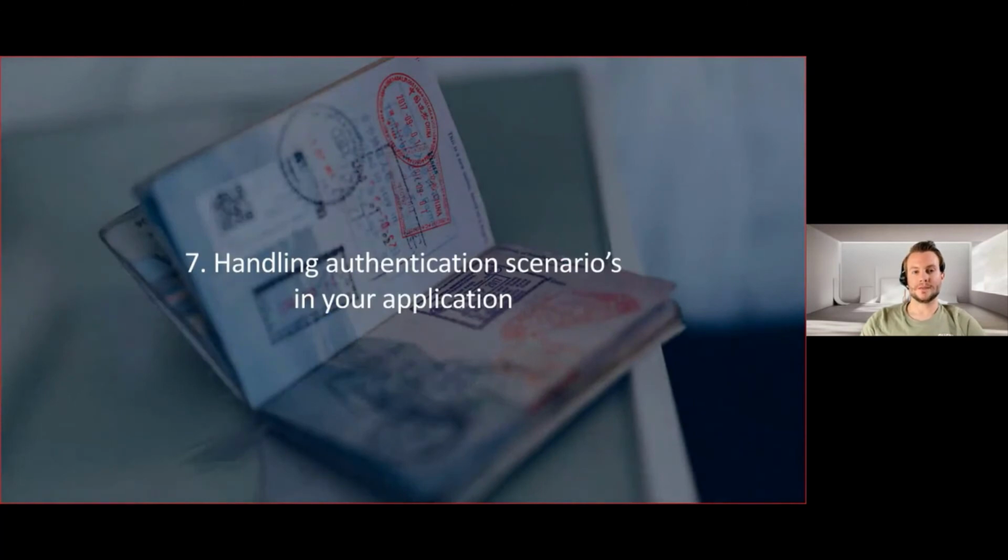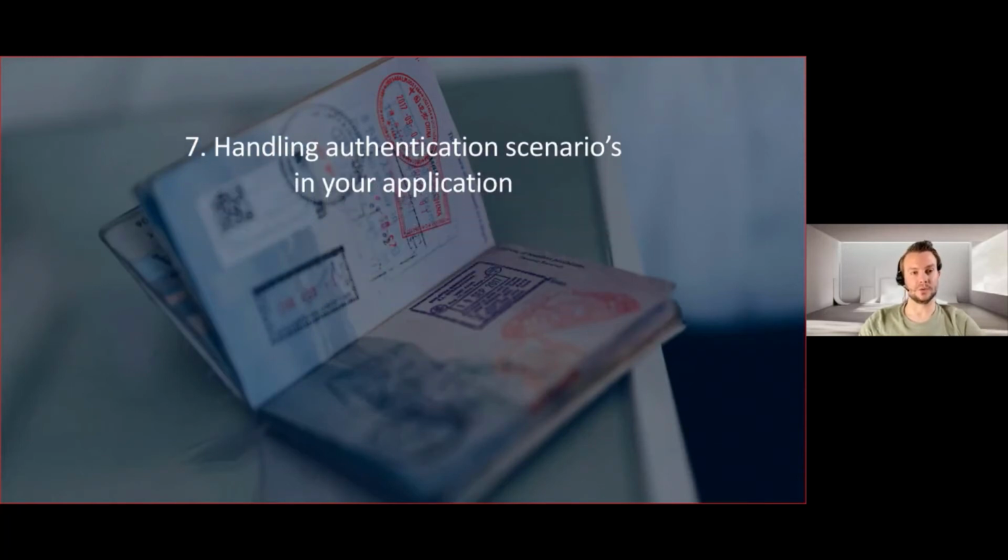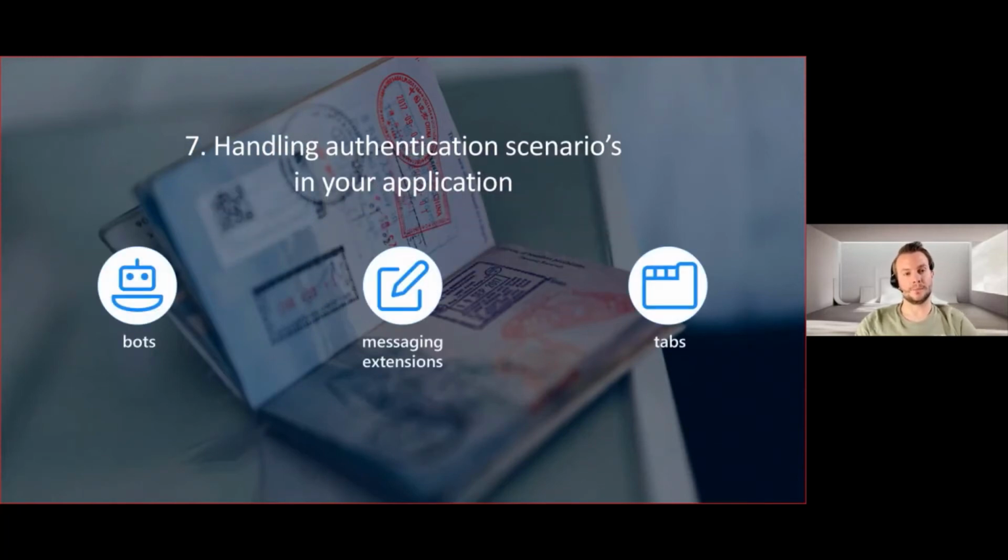So you got your backend and your front end decided. Now you have to handle authentication. And authentication for your application is different and also depends on the functionality that you want to do. So you have to look and see at which points your application needs authentication from your end users or from those that are using the bot, the messaging extension, or the tab. So for a bot